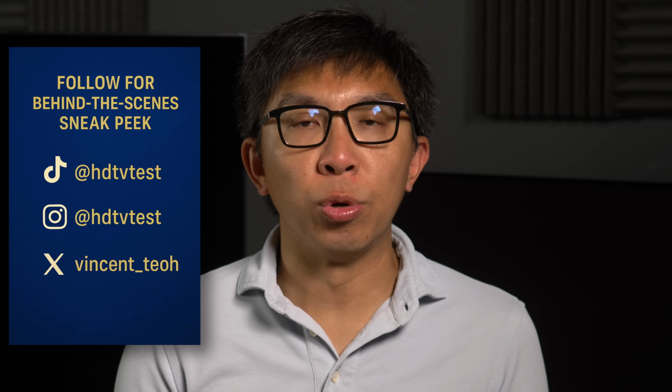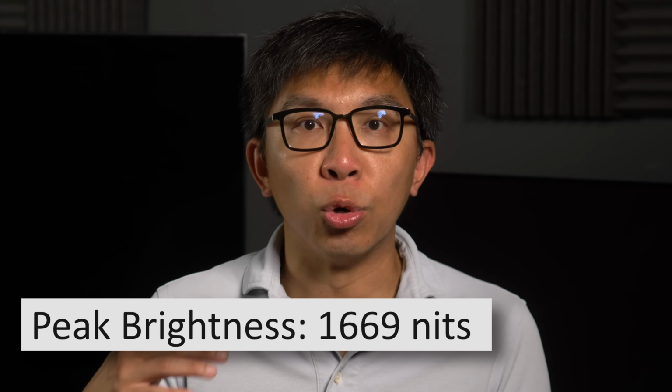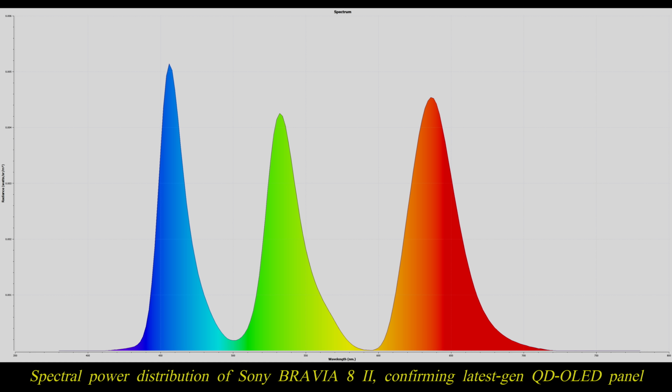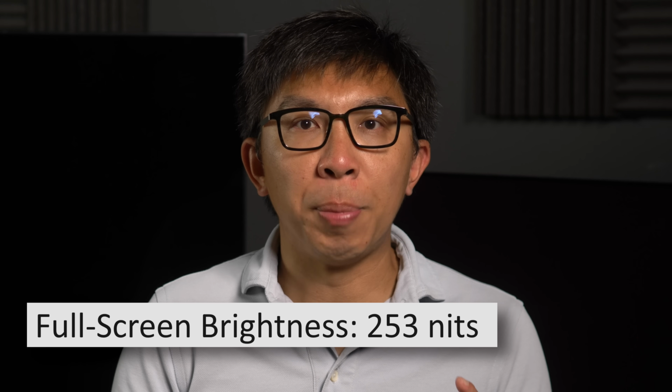After calibration to D65 white point, HDR peak brightness on the Sony BRAVIA 8 Mark II reached close to 1700 nits on a 10% window, and could climb up to around 2000 nits on smaller window sizes up to 5%. That said, despite using the latest Gen QD-OLED panel from Samsung Display, Sony has decided against utilizing the full potential of the hardware. Full screen brightness remained capped at 250 nits, similar to the A95L, and HDR peak brightness didn't